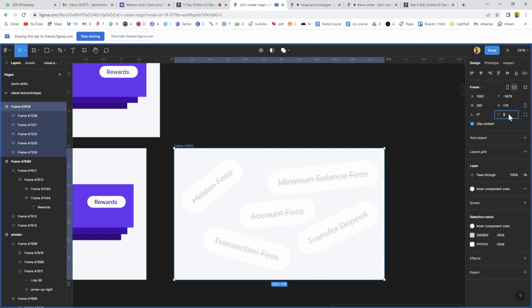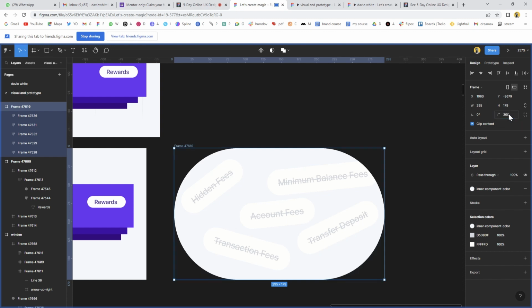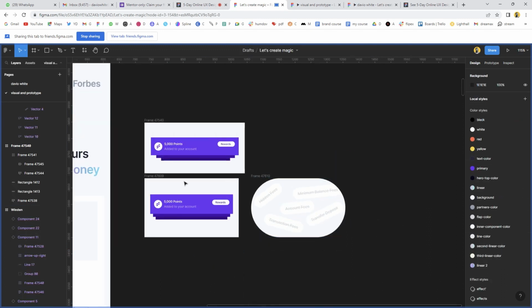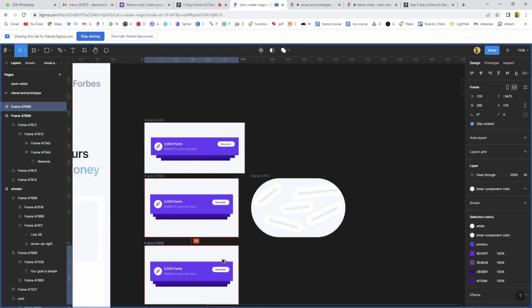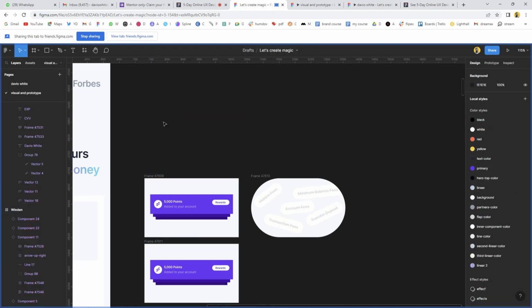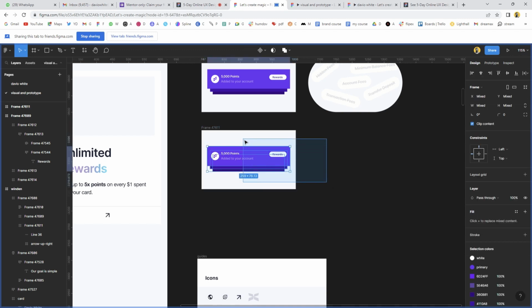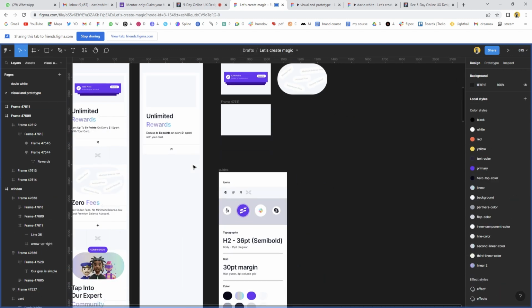And then we can now round those corners. I think about 300 should give a perfect round. Cool. Delete this one, select this, move it downwards, delete this, move this downwards, select all of this, delete it,